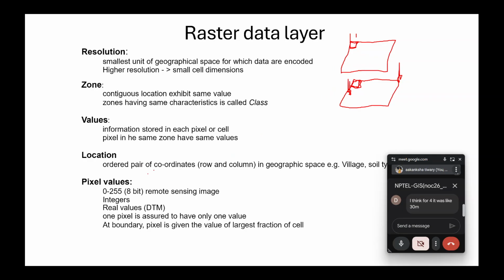Okay, and location is an ordered pair of lat long values that the particular space is taking, and then pixel values or DN values depend on the reflectance. So the gray level, if it is an 8-bit image, will cover from 0 to 255 DN values. Okay,